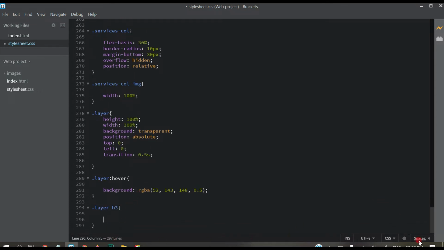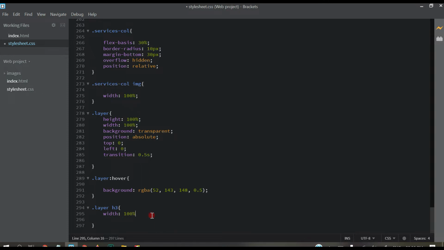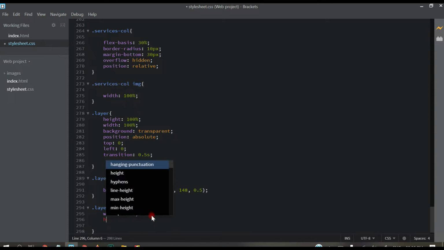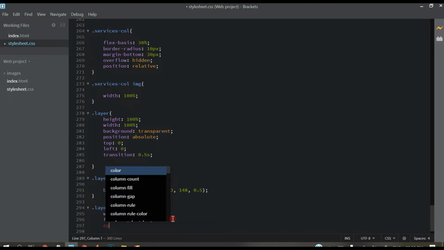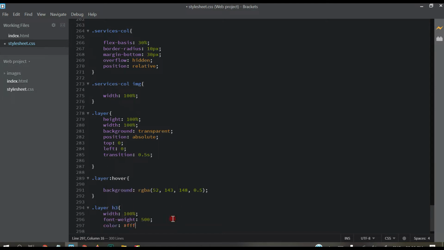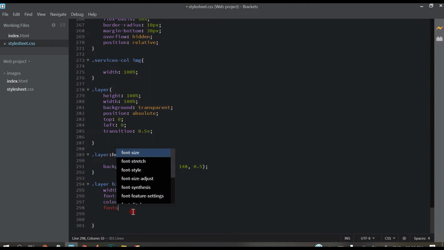Now width 100%, and font weight 500, and then color FFF, font size 20 pixel.